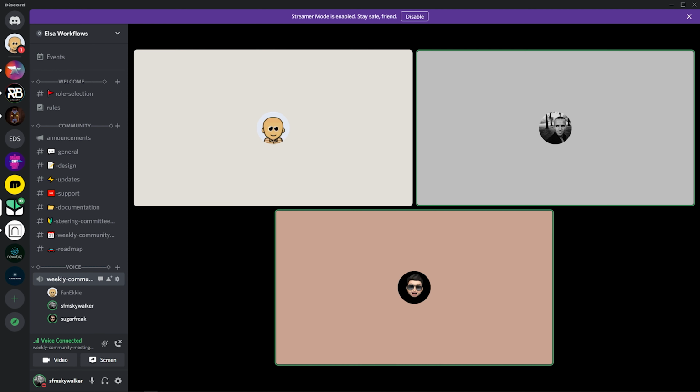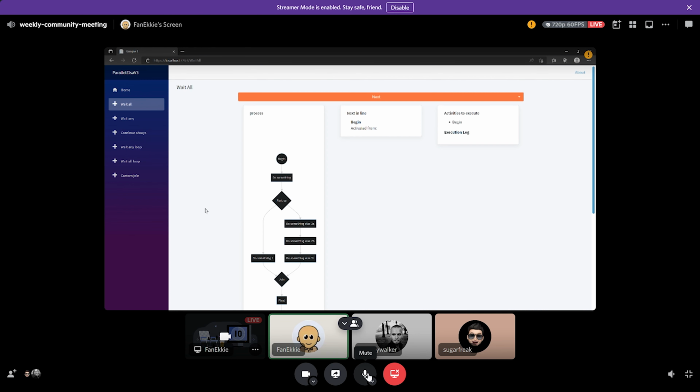Yeah, I can demo a bit. So I've been working on a proof of concept about parallel execution and how it would work for the join. The idea is that a join just counts how many times it gets activated. One question, Frans. Is it possible for you to zoom in a little bit? It seems a little bit pixelated on Discord.